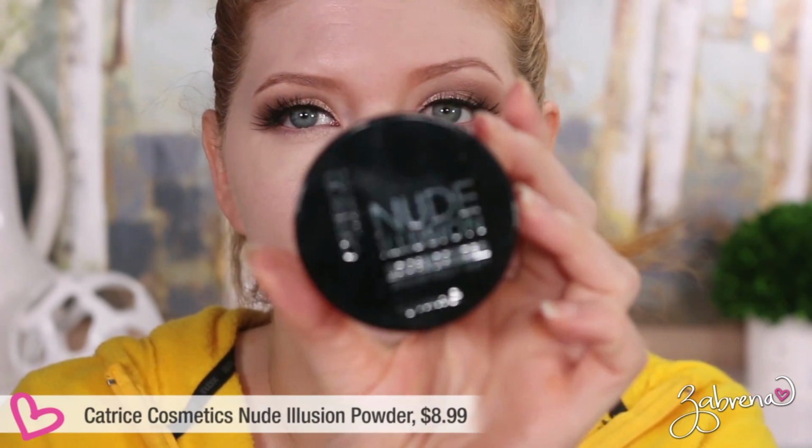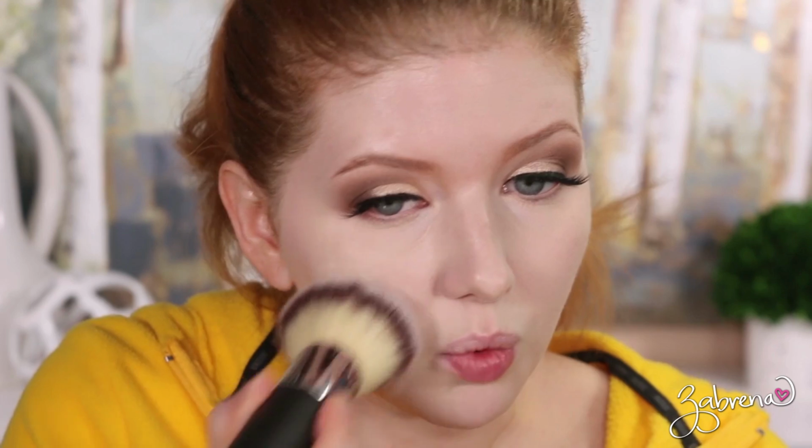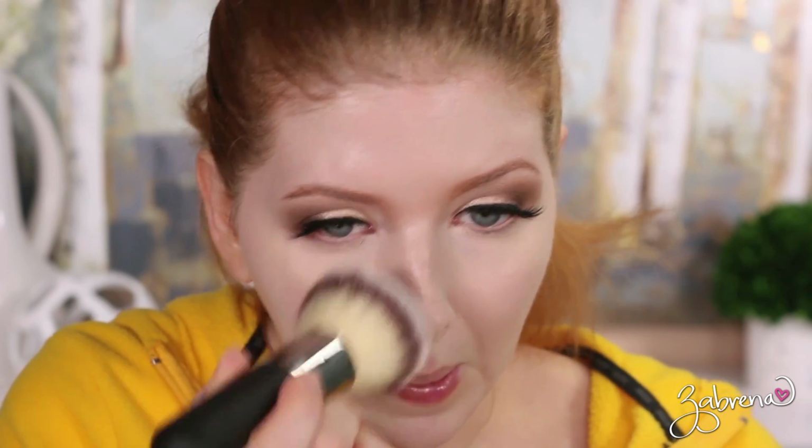And then for this side over here, I'm using one from Catrice Cosmetics. This is their Nude Illusion Loose Powder. Also transparent, but it is white compared to the Makeup Revolution, which is a little more skin-like. Shouldn't say skin-like, but it goes on and you can't see it, it disappears. Whereas this one,